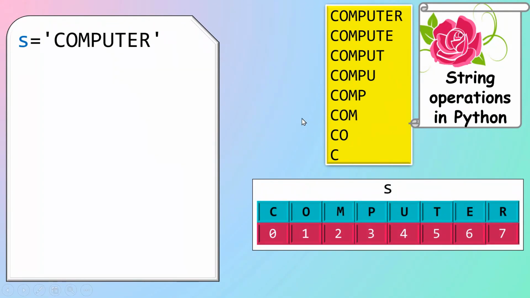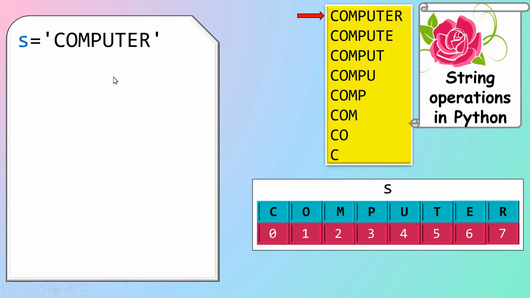So in this pattern, you can see that the string is computer. So I have taken a string object S and stored the string computer in it. S is equal to computer. Now, by using the slicing operation, I am going to write print statements to print each row of the given output. So first I have to print the entire string computer.